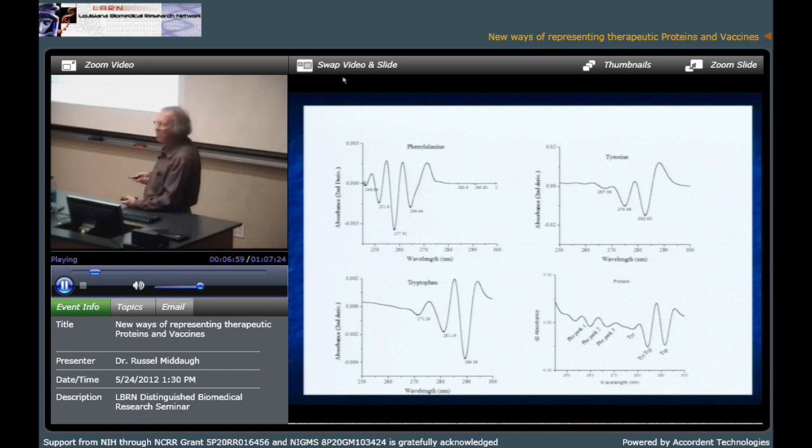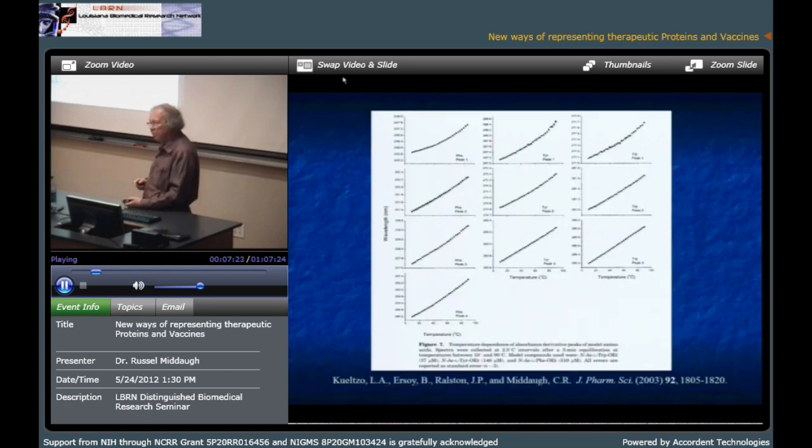So here's the second derivative of the three aromatic amino acids, and you can see they're in very characteristic regions. And here's a protein in which we've taken the second derivative. Based on these model spectra, you can assign these peaks. Here are the phenylalanine peaks. Here's the tyrosine peak. There's a tryptophan and tyrosine peak very close; this is a combined peak. And then the far peak is a tryptophan peak.